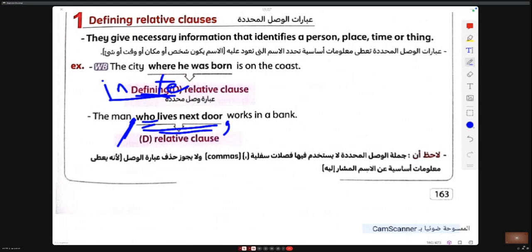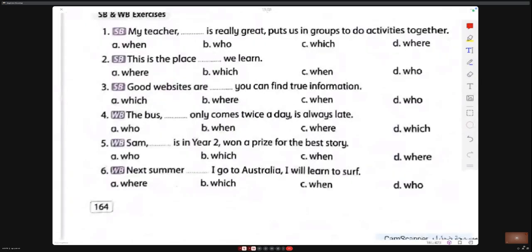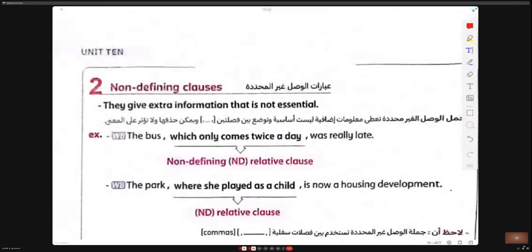Non-defining means it doesn't give an idea, it only explains what precedes it. Non-defining, with commas, like here: the park, which park, what park, where she played as a child.